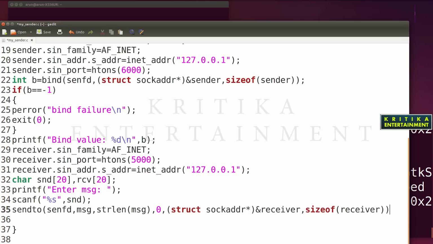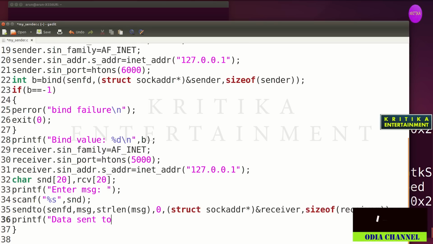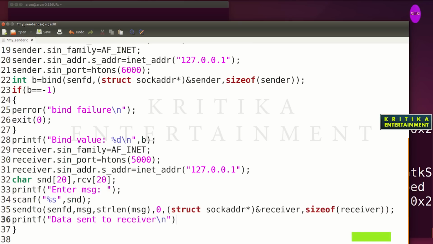Okay, then close this. Then here I can type the message printf "data sent to receiver." Sent to receiver. Okay. Then next